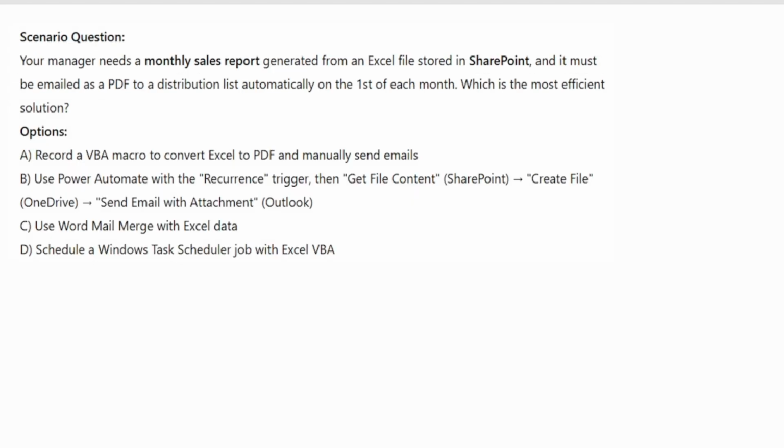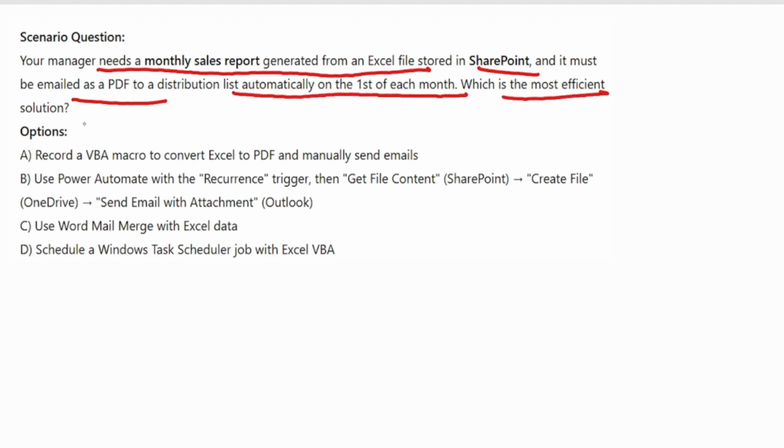Now move to the next question. Your manager needs a monthly sales report generated from an Excel file stored in SharePoint, and it must be emailed as a PDF to a distribution list automatically on the first of each month. Which is the most efficient solution? So the correct option here is a Power Automate flow integration.